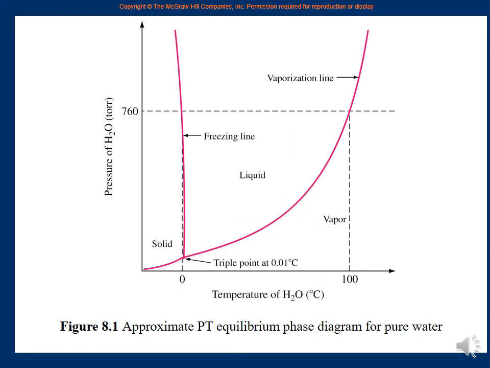If you see, on the vertical axis we have pressure, and the unit is millimeters of mercury. So you see 1 atmosphere is here, and 1 atmosphere is 760 millimeters of mercury. The horizontal axis is temperature, and it is of course in degrees Celsius. We know that water freezes at 0 Celsius and water boils at 100 degrees if the